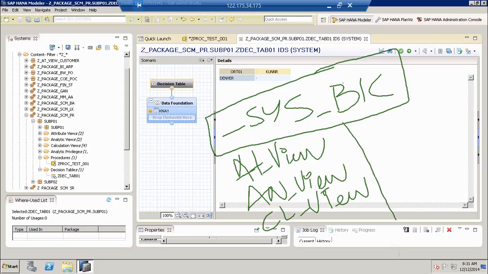Likewise, if you want to add any logic on top of these baseline views, you may do so by creating a procedure and executing the procedure on top of these views. Likewise, decision tables on top of these views. Once they are activated, then you'll be able to see that object in the SIS-BIC, which will be available for